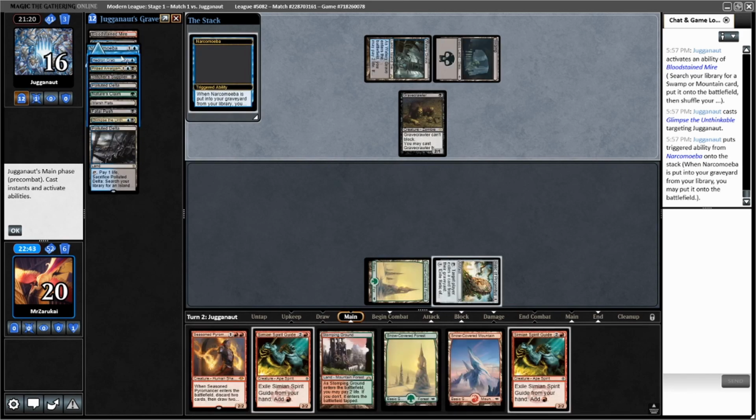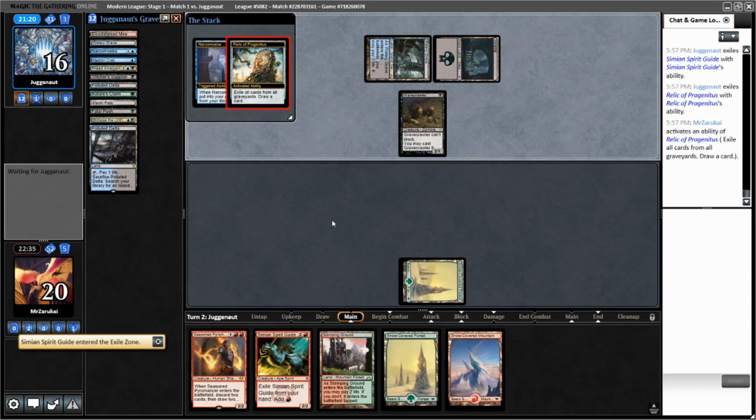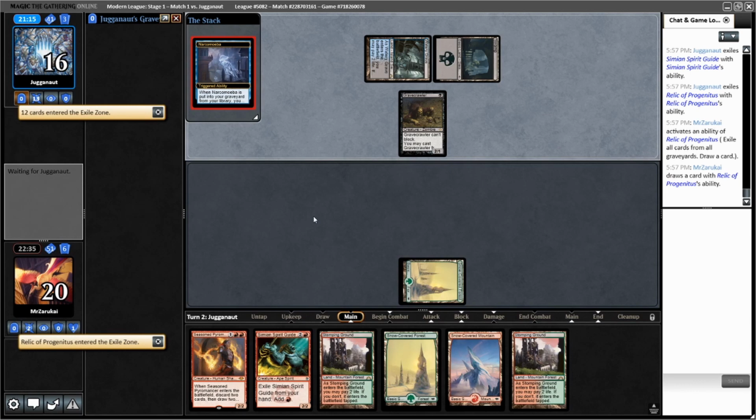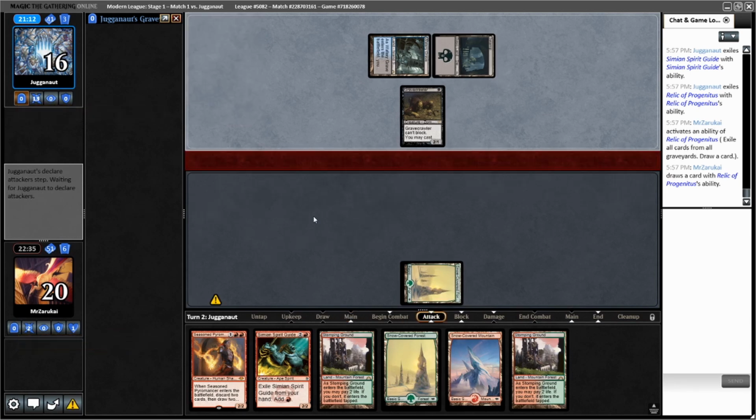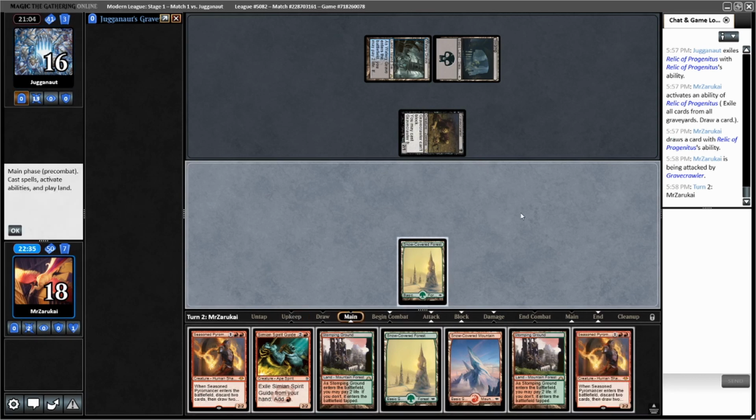Narc Amoeba with an Amalgam in the yard. I think, for me anyways, that's good enough to say, alright, we're just going to go ahead and pop this relic, call it a day. Ooh. Alright, so